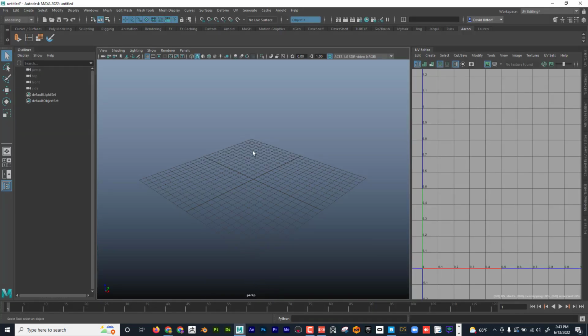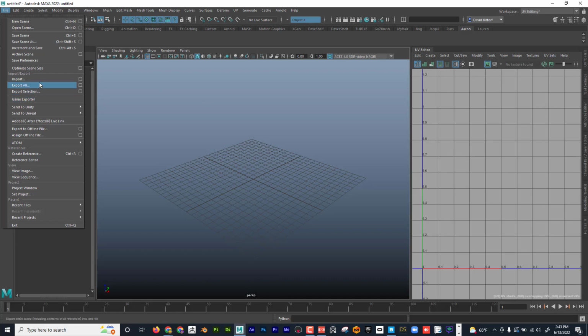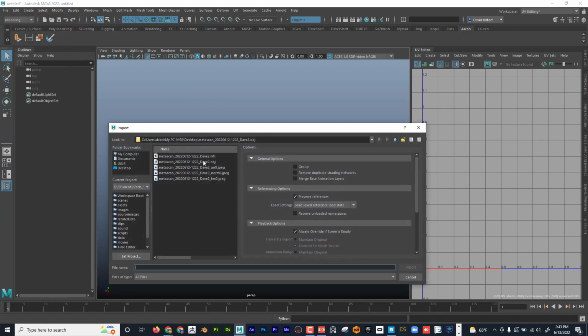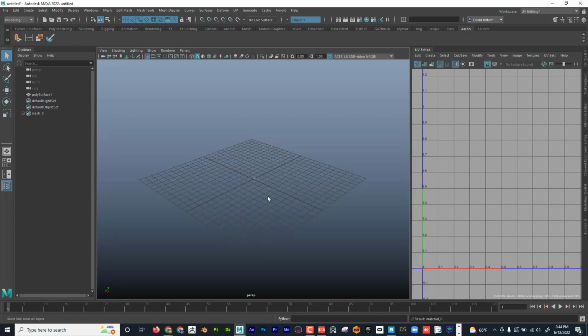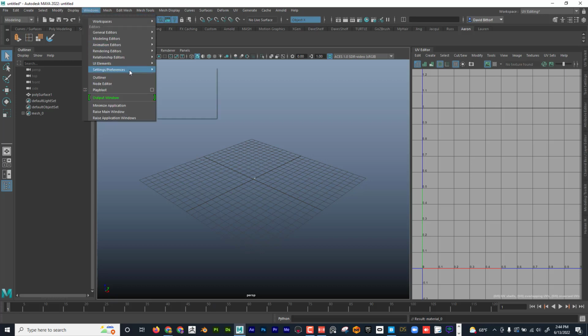So I have Maya open. I'm just going to go to File, Import, and then I'm going to choose the OBJ file. So just to kind of break this down, the OBJ is actually the geometry. This is the material file that is associated with it. And these are the files that make up the material. Okay, so I'm just going to open up the OBJ. And I can see that it's super, super small. And by default,